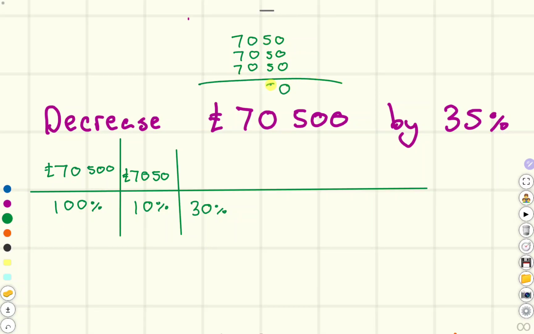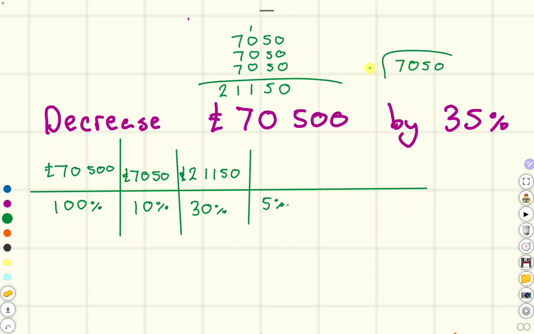5, 10, 15. Carry 1. 1 carries. 7, 14, 21. And I get 2, 1, 1, 5, 0. So 21,150 would be my 30%, sorry. And the only other percentage that I need is 5%. And we know that 5% is going to be half of the 10%. So to find that out, I'm going to do